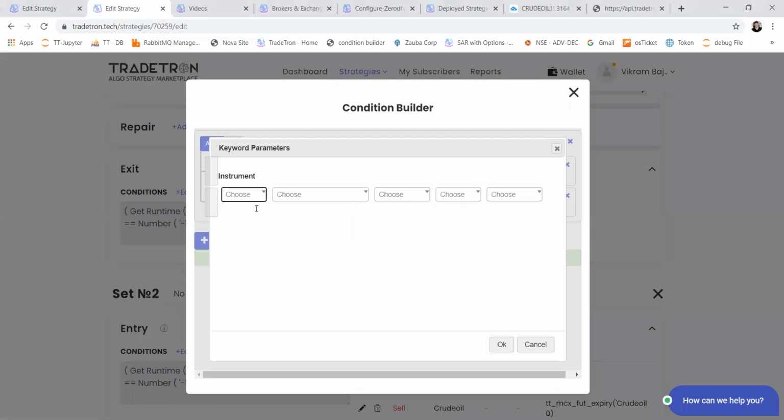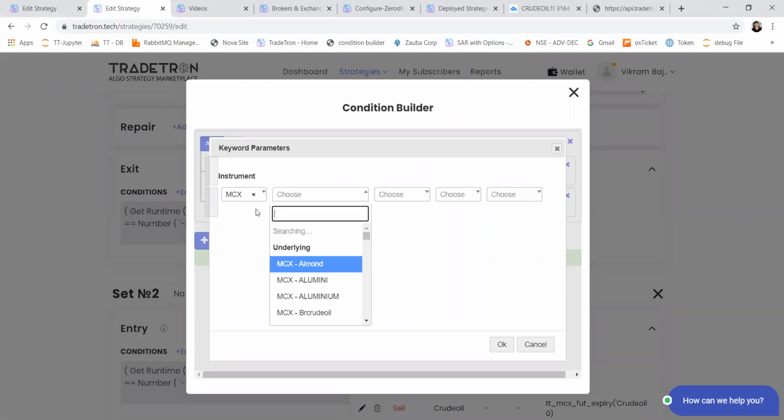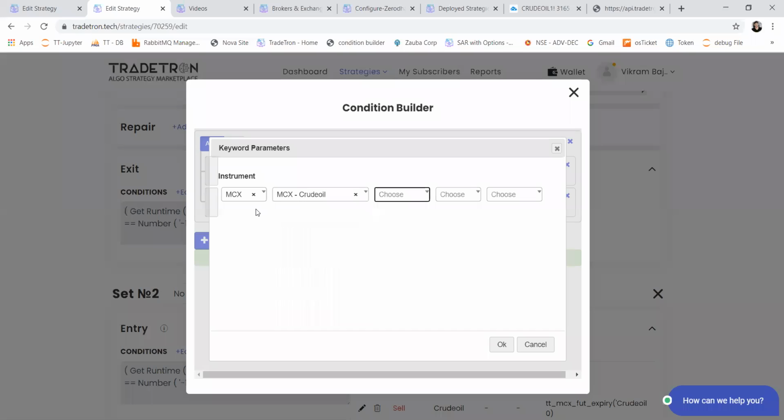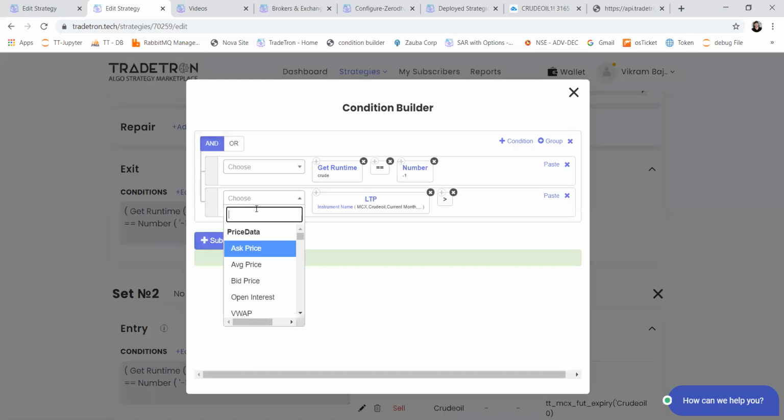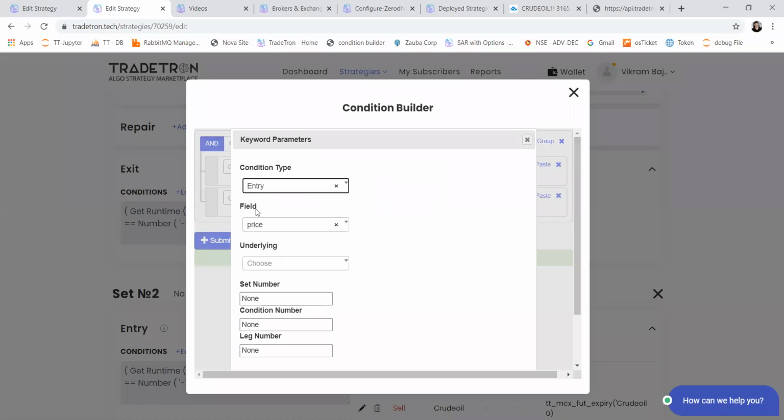You just have to define the symbol name here. So crude oil with current month is the symbol that we traded. If LTP is greater than traded instrument, so traded instrument price will give you price at which entry was taken. Here underlying will again be crude.